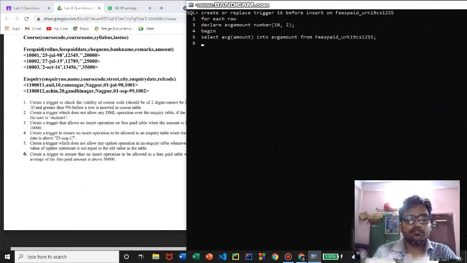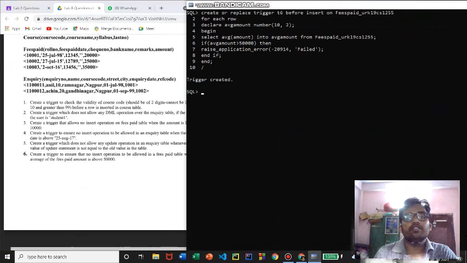Now that's it, and after that we have to check if the value in the variable is greater than 50,000, we will raise an error, and let us say it has failed, and that's it. Now we'll give end if and forward slash, now trigger created.